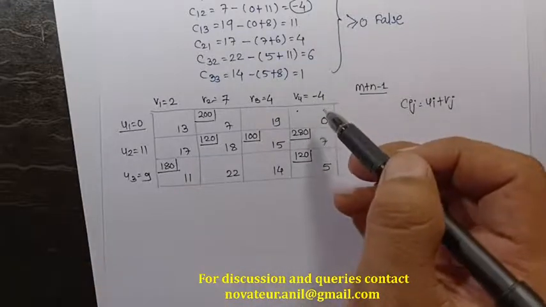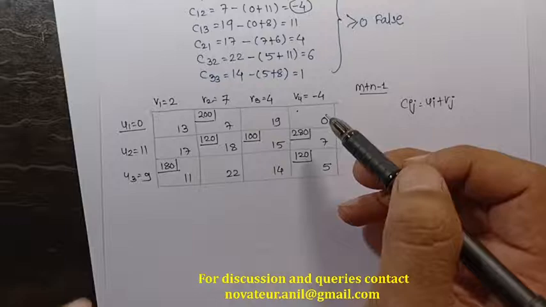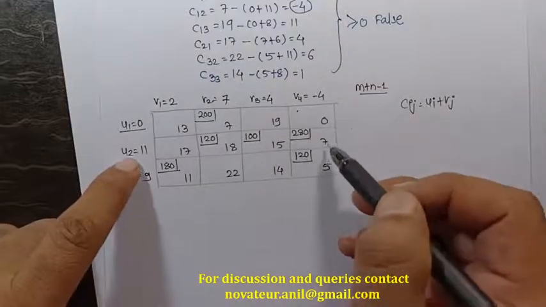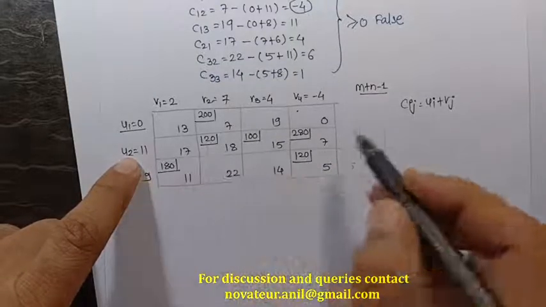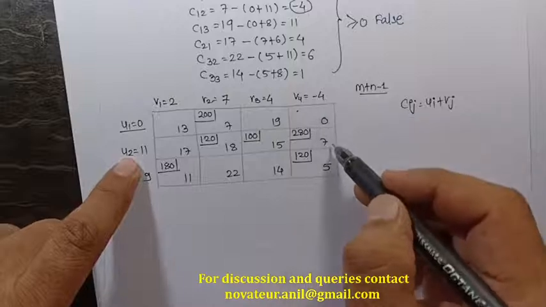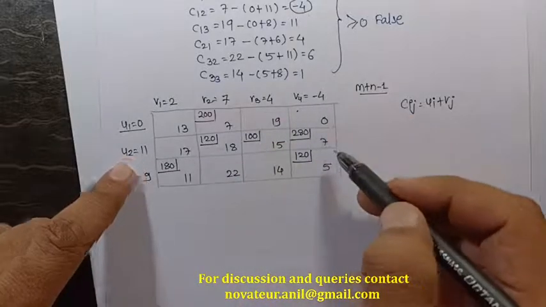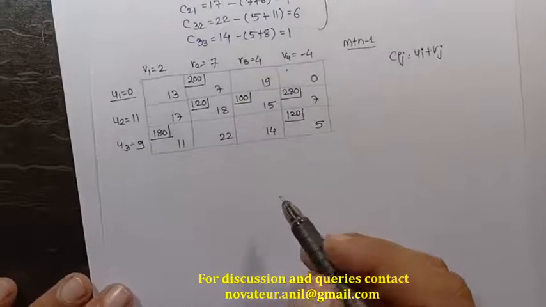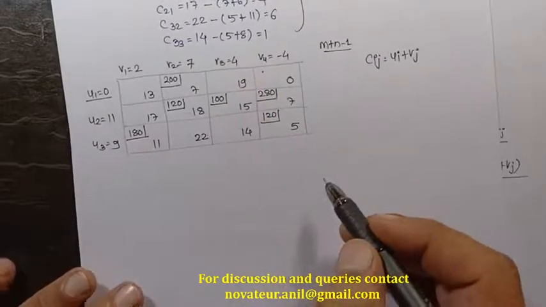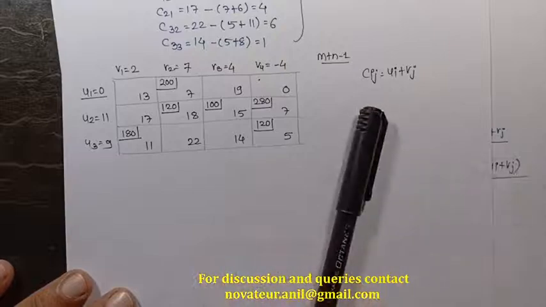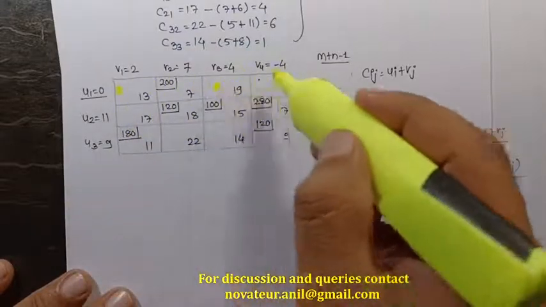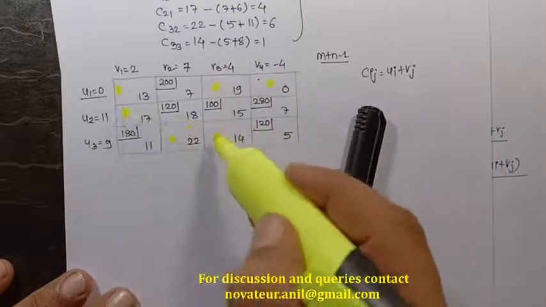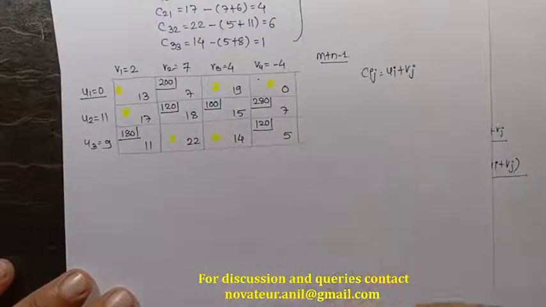If you have any doubt, it's very simple. See, we got 7 here, and 11 plus something is equal to 7, so 11 minus 4 will be 7. Likewise it is true. Now we have to do operations for the unoccupied cells. These are the unoccupied cells: 1 2 3 4 5 6. So I'll just put their numbers.